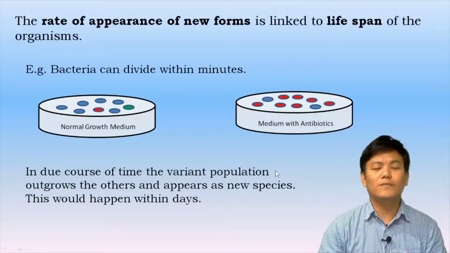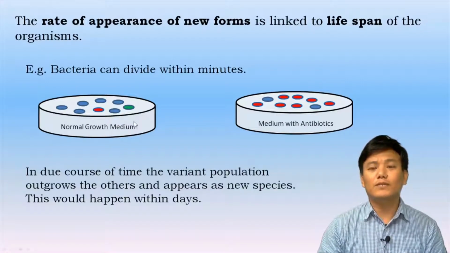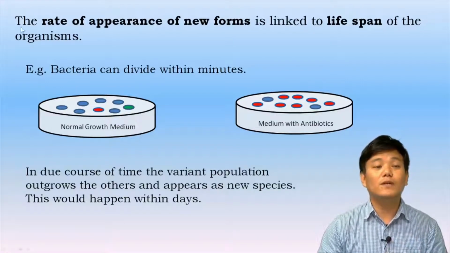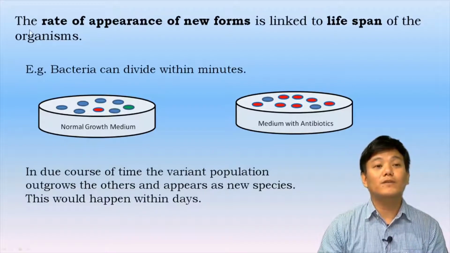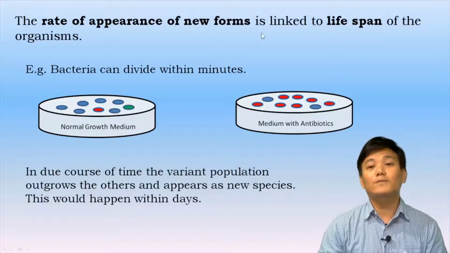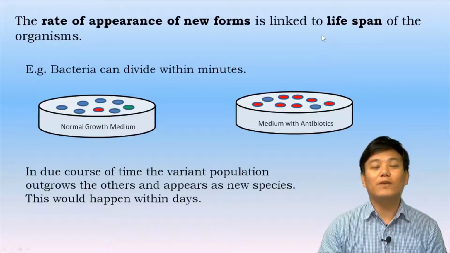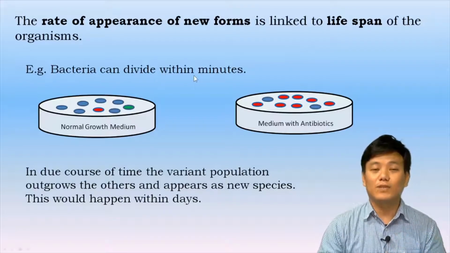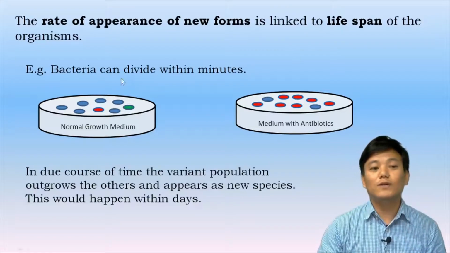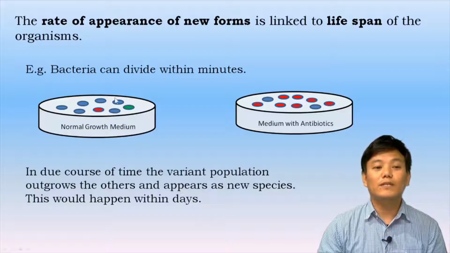Now if we talk further about natural selection and the appearance of new forms, Charles Darwin has also said, and we have also observed, that the rate of appearance of new forms is linked to the lifespan of the organisms. For example, bacteria can divide within minutes, so their lifespan is really short. When bacteria are grown in a normal growth medium, we get bacterial colonies,